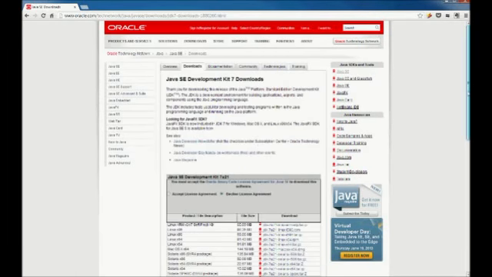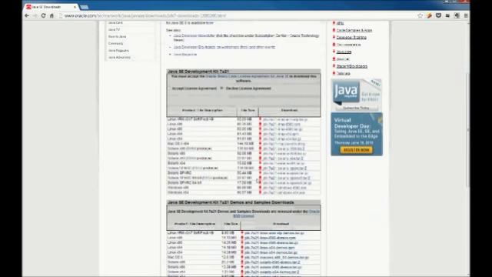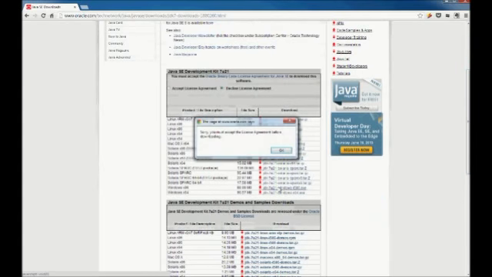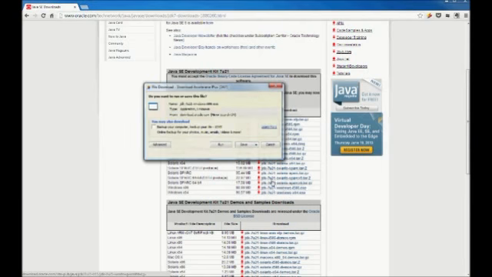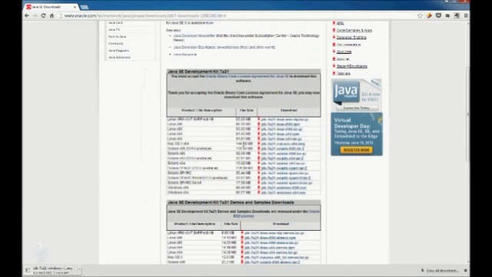The JDK 7 package is available for 32 or 64-bit variants of Windows. Mine's 32. I'm going to accept the license. Then I'm going to save the download, which is going to take a little while, so we'll jump ahead here for a moment. Now that that's done, I'm going to run the exe. I'm going to accept the default location for the files